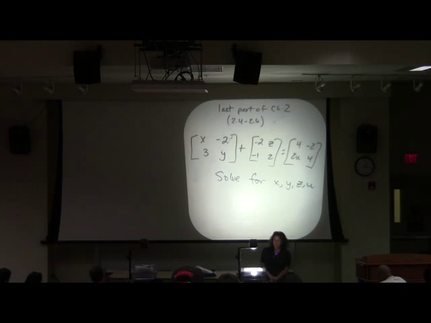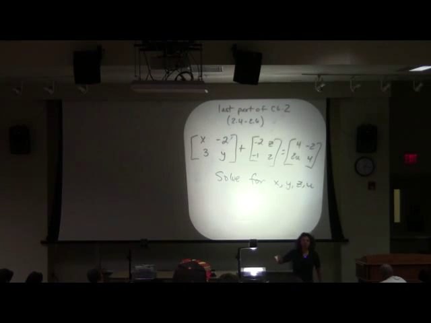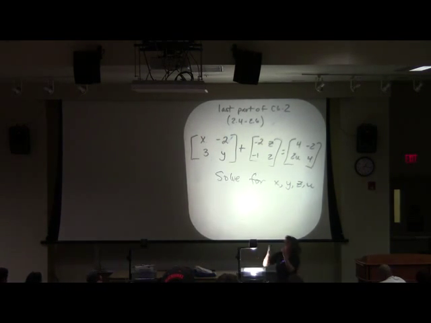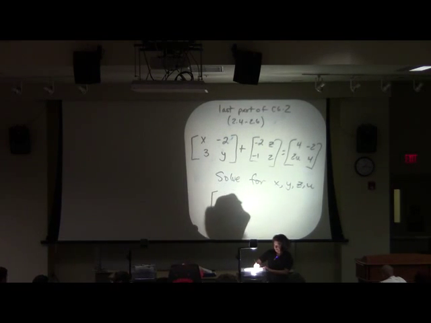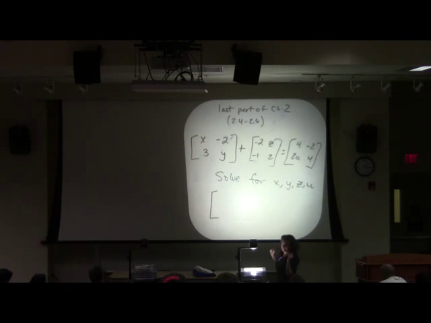All right. Now, will you guys grant me the following? The left side looks more complicated than the right side. Totally. Can we simplify our left side? Our goal is we want one matrix equal to the other matrix. Can we add these 2 matrices? Oh, yeah. Let's do it. How do we know we can add it? Because they're the same size.